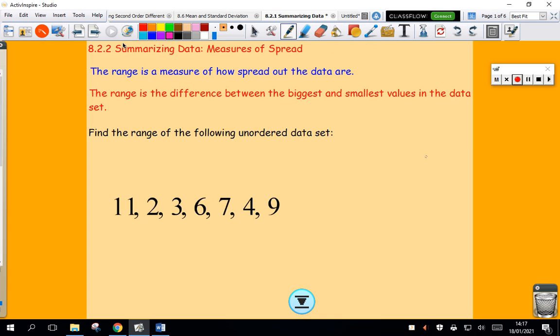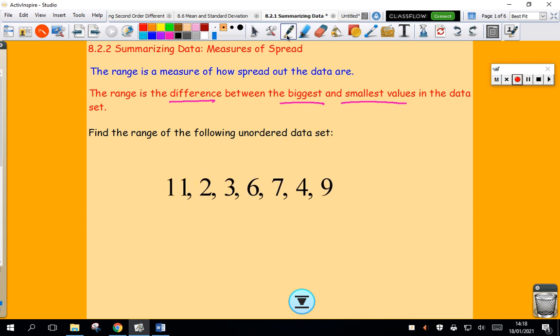Very simply, the range of a data set is the difference between the biggest and the smallest values in the data set. Or if you arrange the data set in ascending order, the difference between the first and the last. Okay, but in order to find the range, all we have to do is look for the smallest value and the biggest value. So in this data set here, we're asked to find the range of the following unordered data